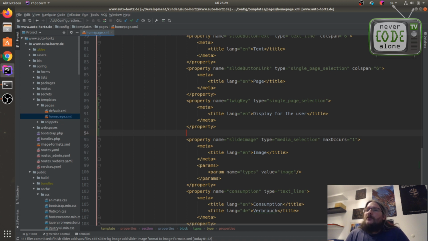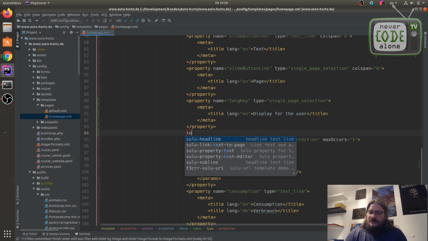So first of all, I often need a text element here in Zulu for the editor to add some information like a headline, a subline, or whatever. So I just have a text here.